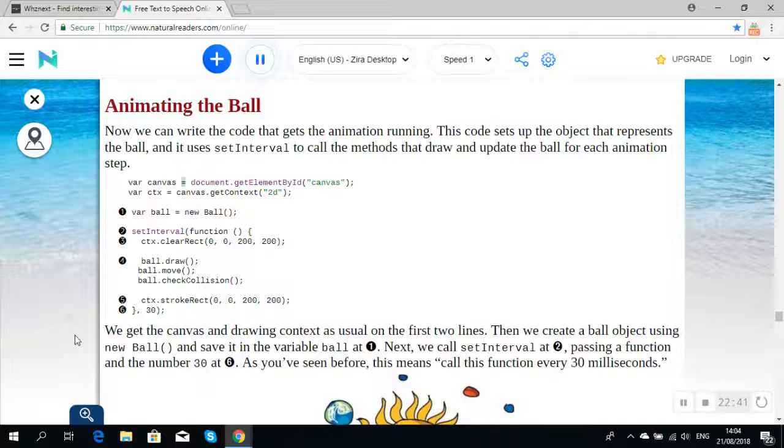var canvas = document.getElementById("canvas"); var ctx = canvas.getContext("2d"); var ball = new Ball(); setInterval(function () { ctx.clearRect(0, 0, 200, 200); ball.draw(); ball.move(); ball.checkCollision(); ctx.strokeRect(0, 0, 200, 200); }, 30);